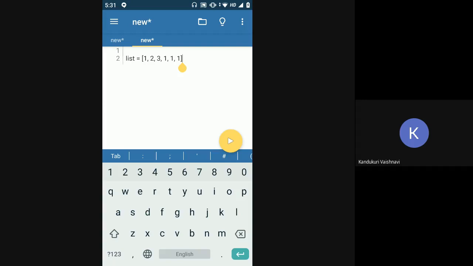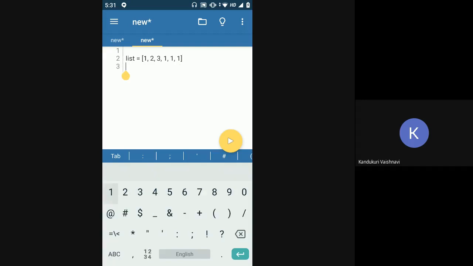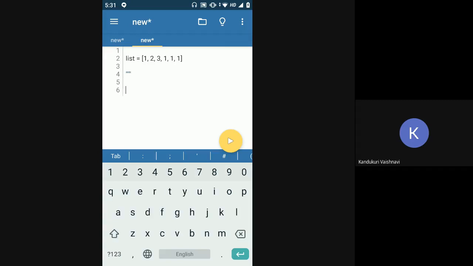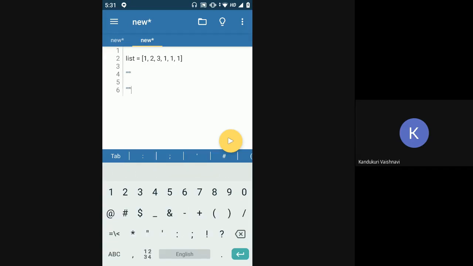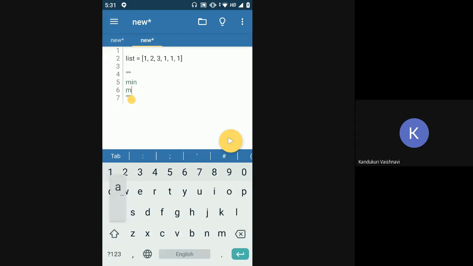Basically, in this we can find the minimum of the list, the maximum of that list, the sum of that list, and how many times a certain element is present in that list. We can also sort the list, both in ascending and descending order.